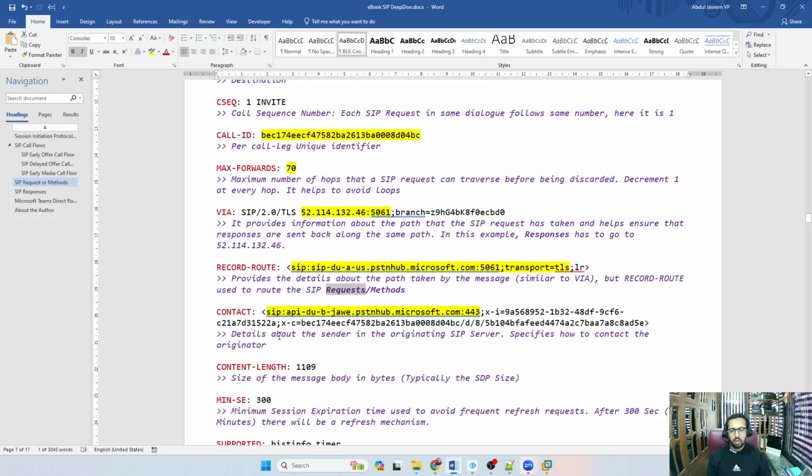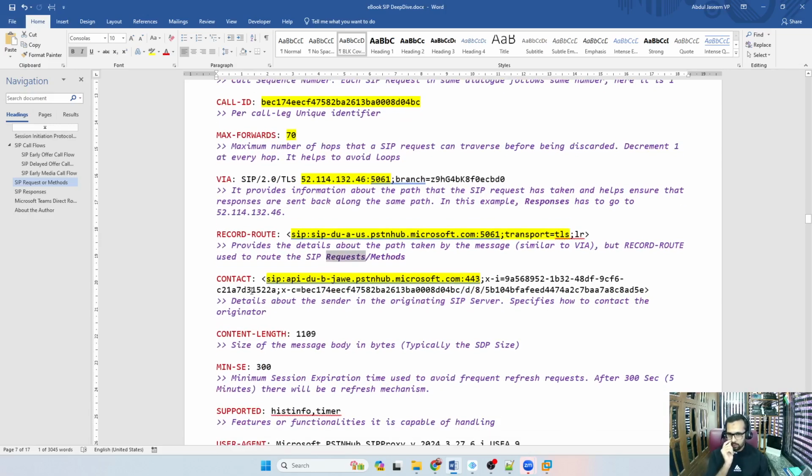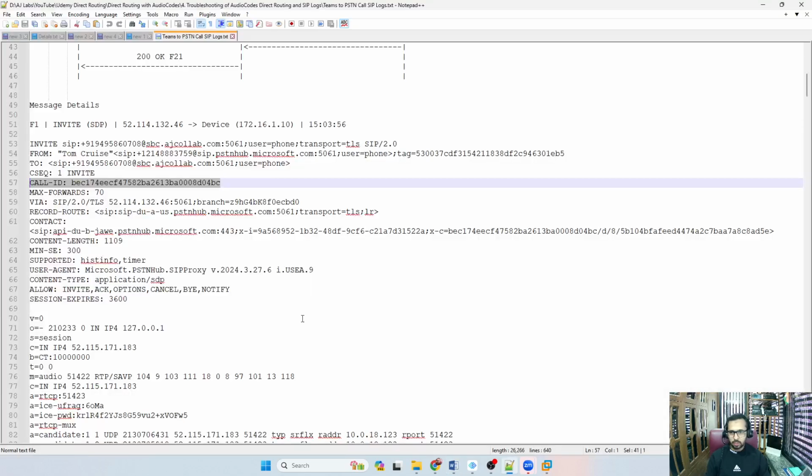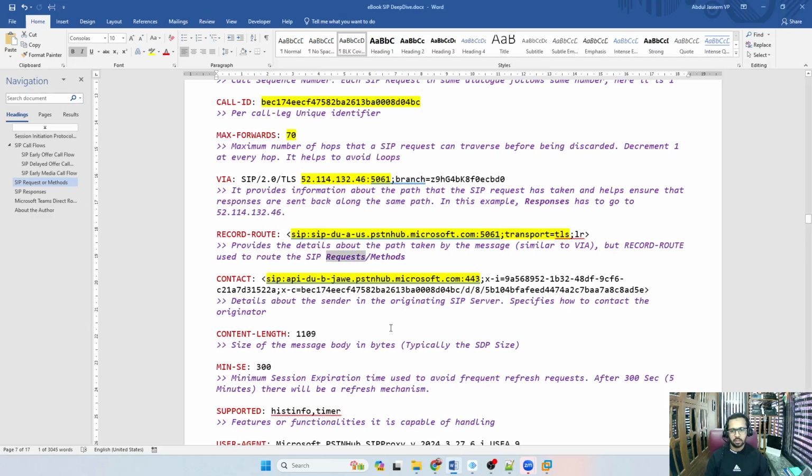Then one more thing, the Contact header. Again, all these headers are present here, right? See, Record-Route, Via, then Contact. So let's see what Contact is. This will be the originating SIP server. So Via will be one of the SIP servers where it passes, and the immediate response has to go there. But once it reaches that particular